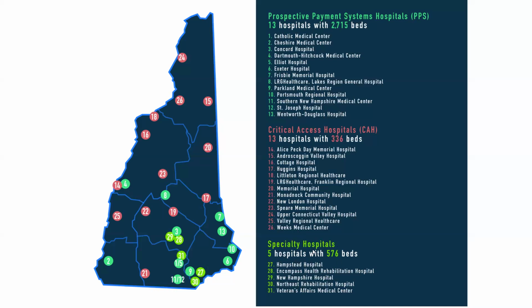We have 5 other specialty care facilities, some rehabilitation hospitals. Hampstead Hospital is a psychiatric hospital, and it has just recently merged with the New Hampshire State Hospital, so it's now part of the same organization. And then we have the Veterans Affairs Medical Center, which actually isn't a hospital because it doesn't have any inpatient capability. So I'm not really sure why we list it as a hospital,